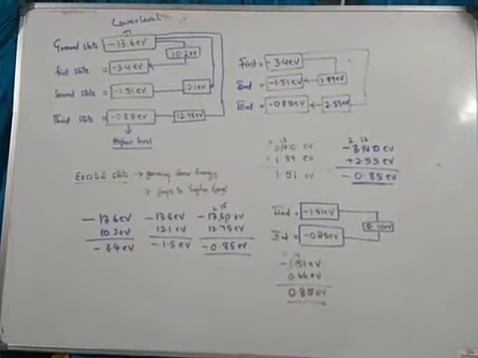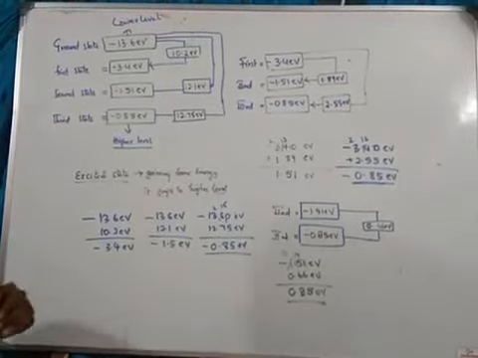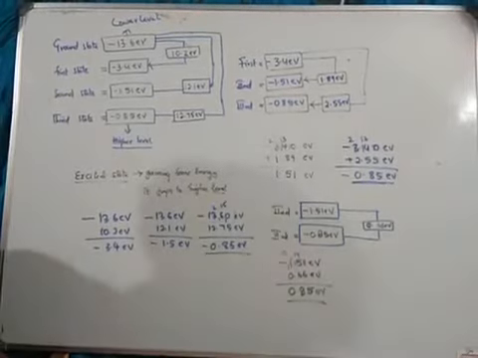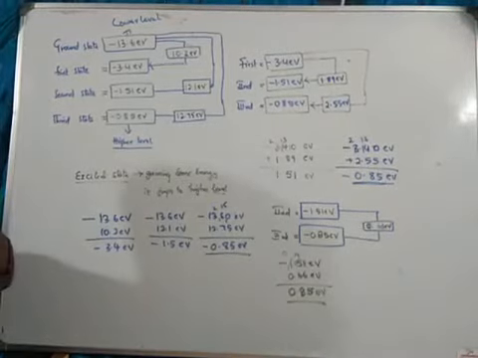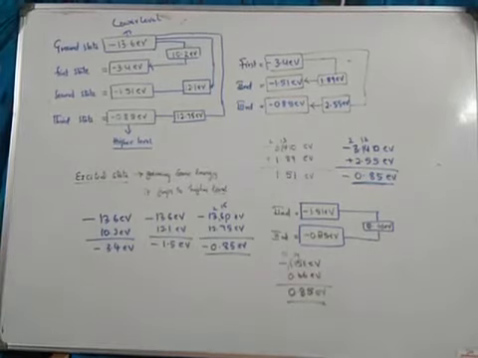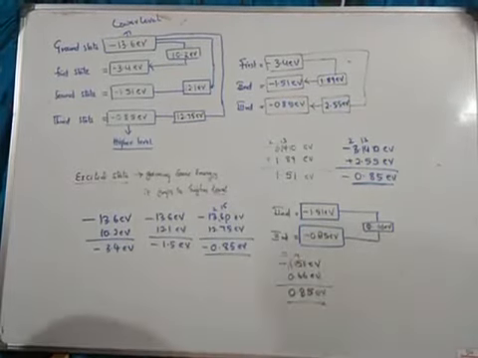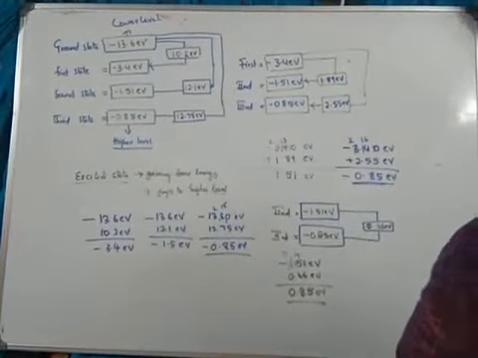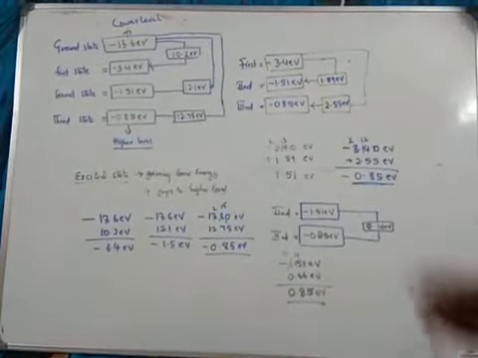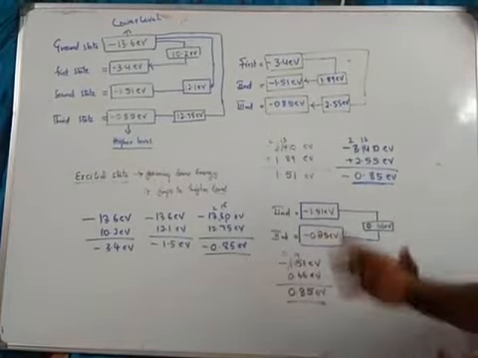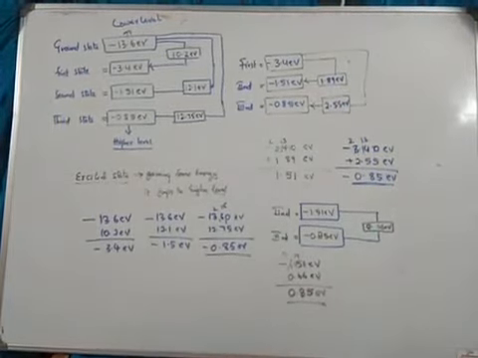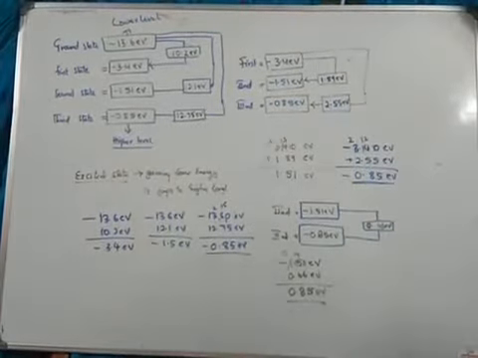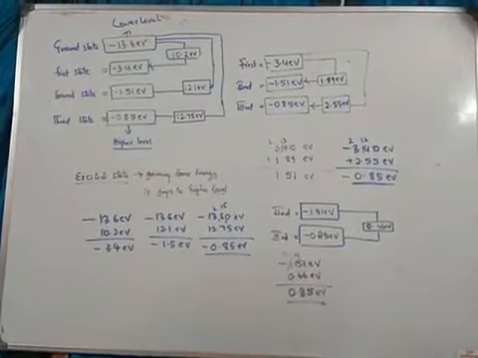minus 13.6 electron volt, and for the first state minus 3.4 electron volt, for the second state minus 1.51 electron volt, and for the third state minus 0.85 electron volt. So these are the different levels. The first state, the K shell which is near the nucleus, we call the ground level, that's the lower level, and the last state, here the third state, we call a higher level. So there is a transition from lower level to higher level,